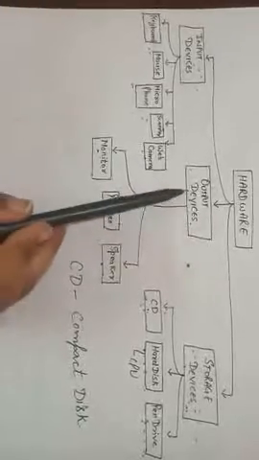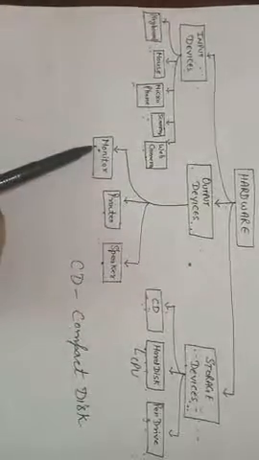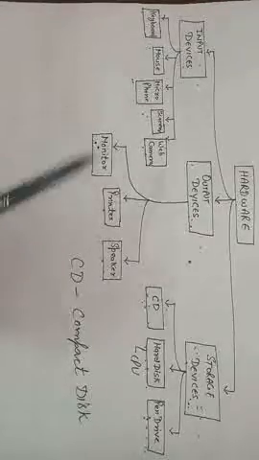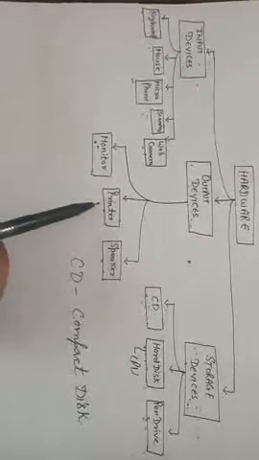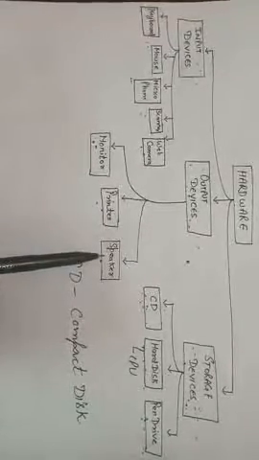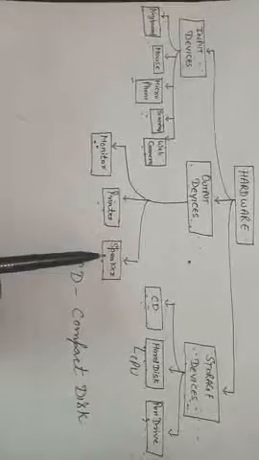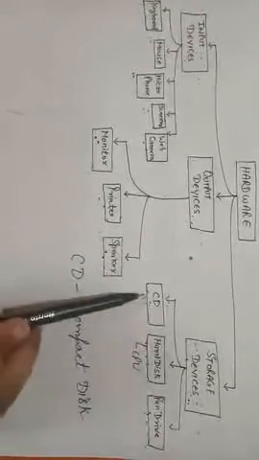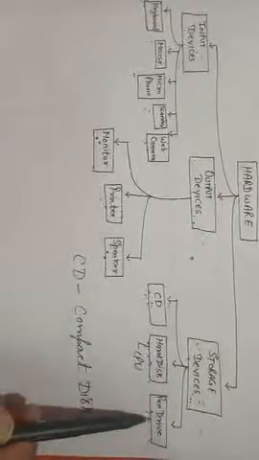On the other hand, output devices include monitor, where whatever I type will display, printer, used to take printouts, and speaker, which is used to listen to the voice or music. Then I am having here storage devices which include CD, hard disk and pen drive.